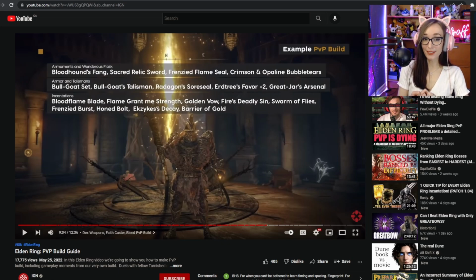My first playthrough, I barely used my physic. I just used it as another heal. But in PvP, do I think it's a good idea? No, I don't. At all. No. And then the other one heals you, so that's cool. I guess that's fine. Then of course they have the full Bull Goat set, which is very